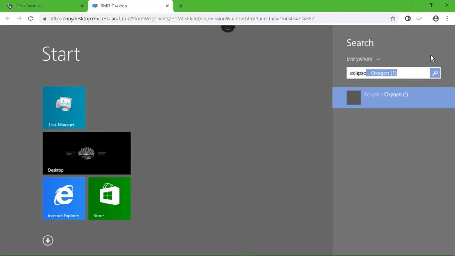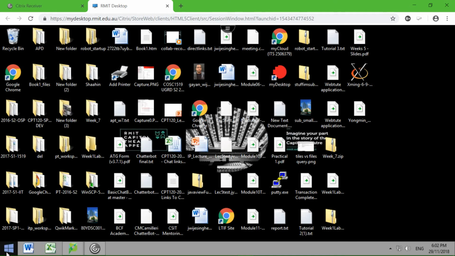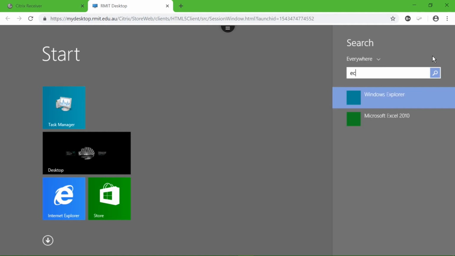Okay, so I typed Eclipse and it's auto completing and saying Eclipse Oxygen. Now it doesn't have to be that. Just search for Eclipse, and now here it's saying the app cannot open because there's an issue with the resolution. I'm not sure why it should be a problem, but let's say that you did find Eclipse. And if you chose this, now